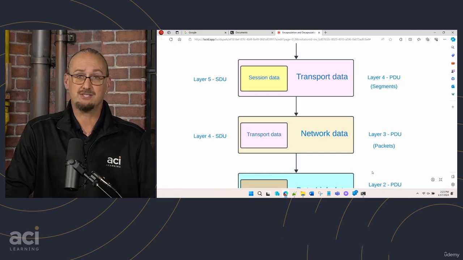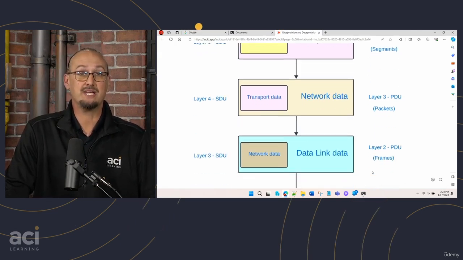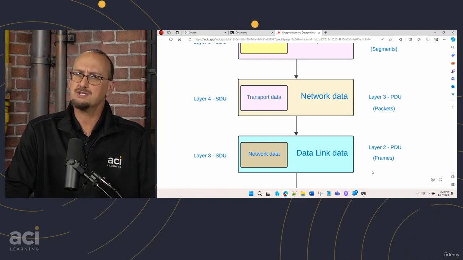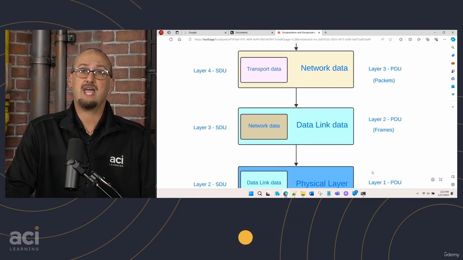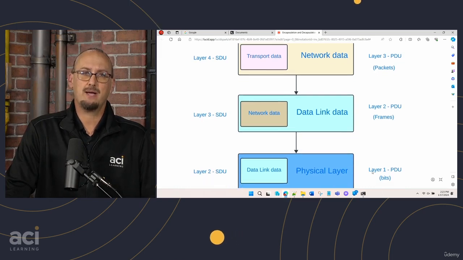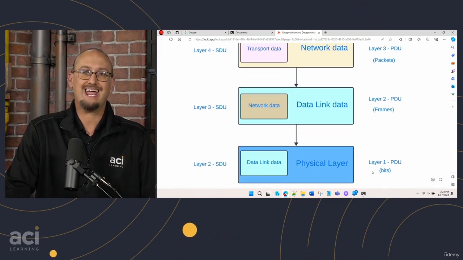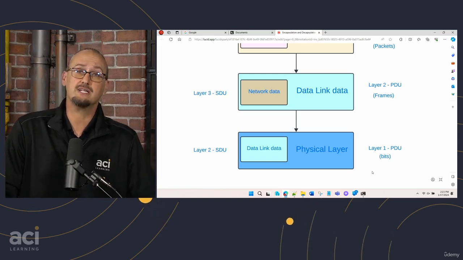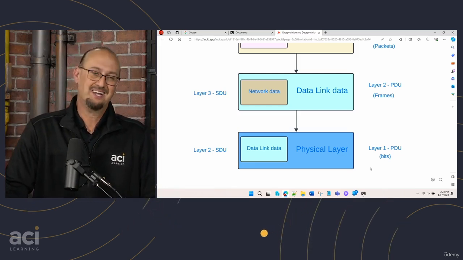Once the services, the PDU there, wraps those services and hands its stuff down to layer 2, they're now called frames. I want you to understand that your routers operate on data packets. Your switches, as you will go on to learn at layer 2, deal with frames, all right? And then at the end of the day, we have a fully formatted frame that is now handed down to the physical layer that uses an encoding process to turn it into the electrical bits that get sent over the